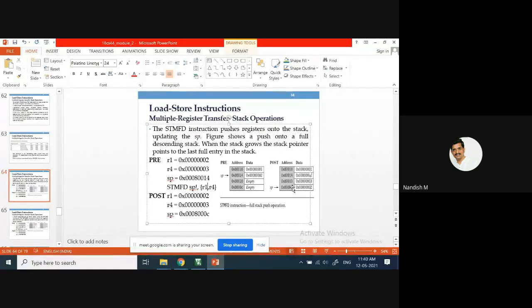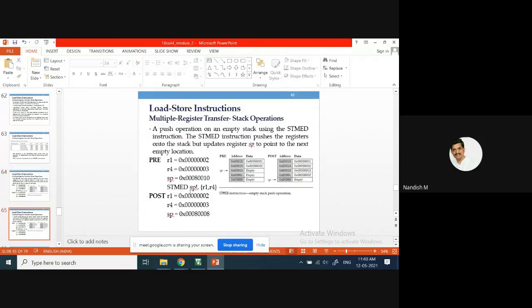Anyone? It is simple. Here we have used the flower bracket. See, this indicates it is not big brackets, it's a flower bracket. It indicates all these registers get loaded into the stack. That is the meaning. This is the stack operation.